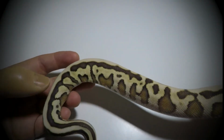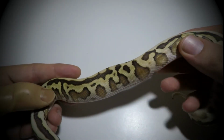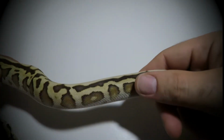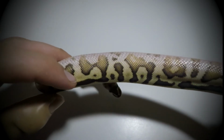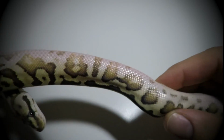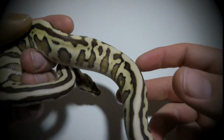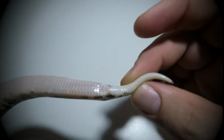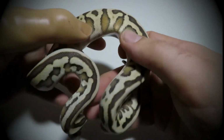The pattern, once again, is pretty wild. I would like to see this one probably when she's older, how the color will change or not change, if she will retain this creamy color, these light yellows, and these browns coming from the belly, as in flaming. So she's really pretty. She is 66% hot clown. She doesn't have that characteristic dotting on the tail, so that doesn't matter. She is still very pretty